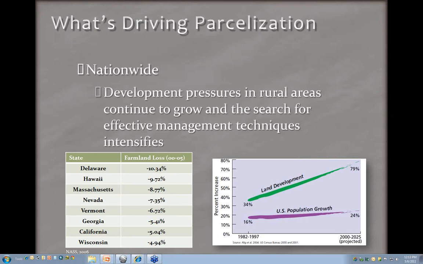And you're seeing farmland loss in some of our most productive states, but you're also seeing people wanting more elbow room. If you look at the graph on the right, the U.S. population is projected to increase about 24%, but the amount of land development, in terms of how much land per person they consume, is expected to increase a lot more. And so the alarming trend with that is that these rural areas provide the food, the fiber, the minerals for an even bigger population, but we're carving out the land and trying to get more goods from it off a smaller land base, which is causing concern.